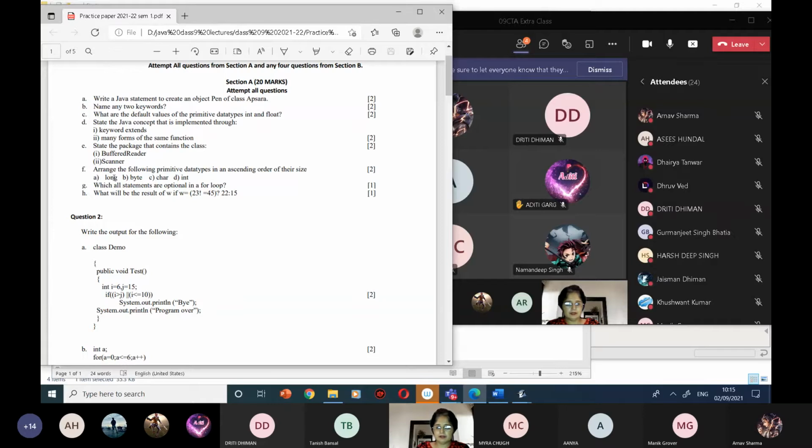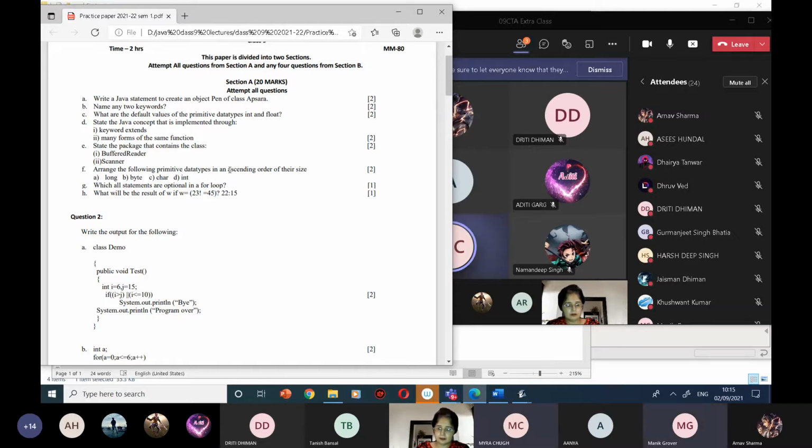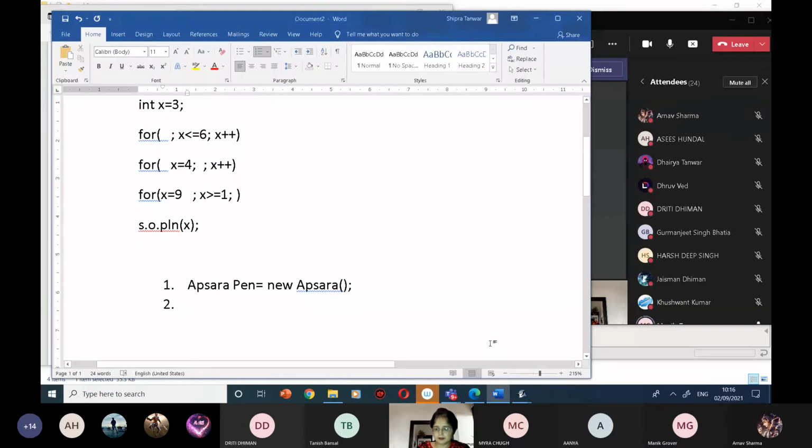Now, which one is bigger? Which one is smaller? You remember that table again, wherein you have the bytes. Okay. So it is saying ascending order. Ascending order means smaller to bigger. Smaller will come first. So what is smaller? Byte or char? Byte. Then char. Then int. Then long. In that case, you will be writing it this way. Byte is less than char is less than